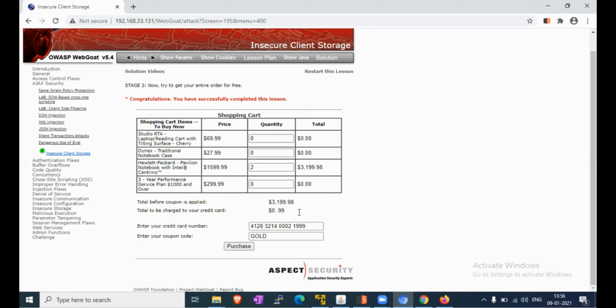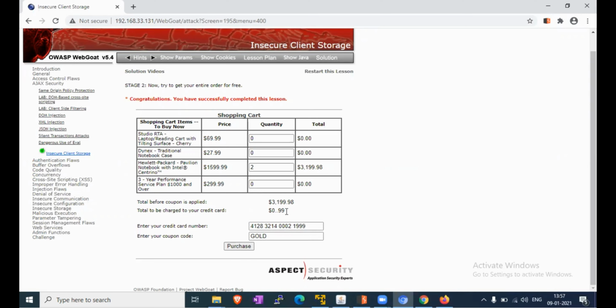So in this lab, we decrypted the coupon code which is included in the client side validation.js file, and we also changed the grand total amount of that credit card bill we have to pay.